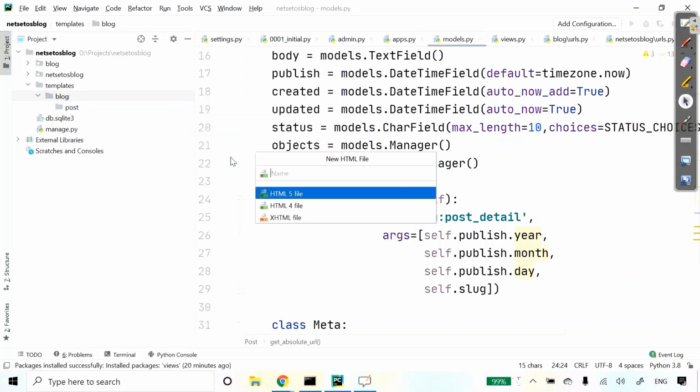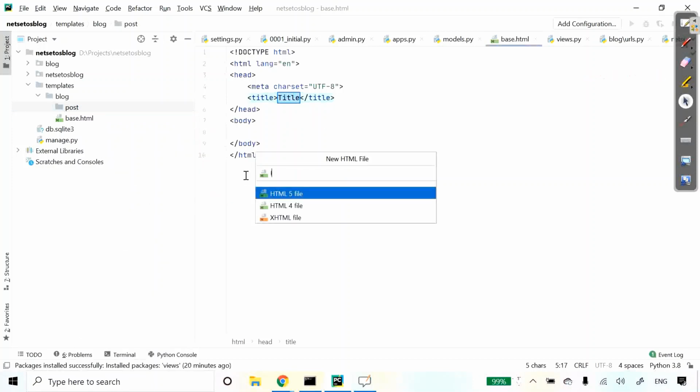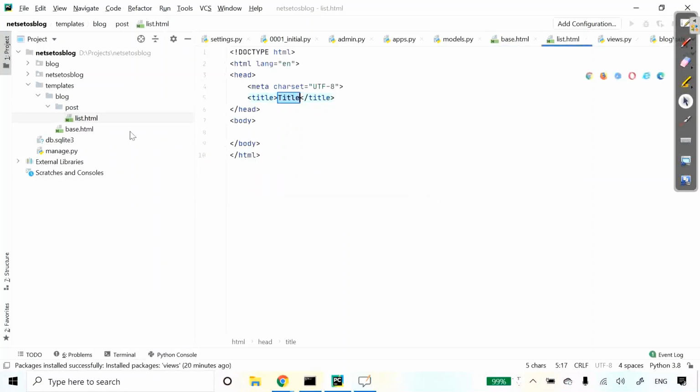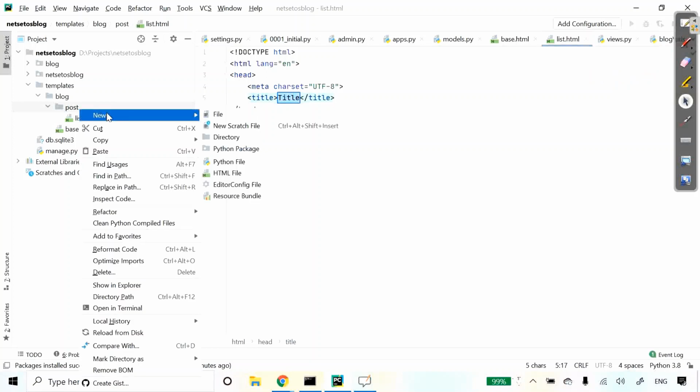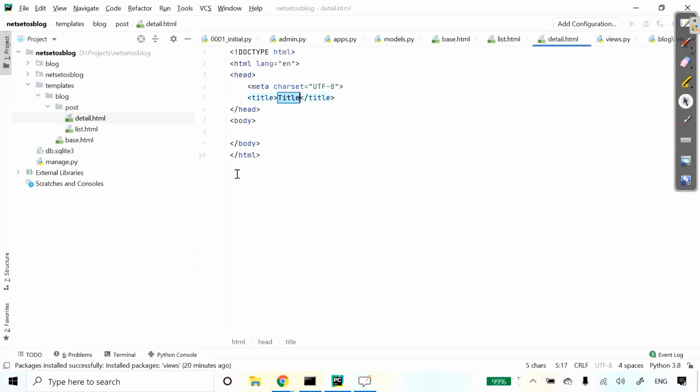So I'll simply create an HTML file with the name base. And inside post, I'll give two more HTML files with the names list and detail. So we will follow this structure for our template.